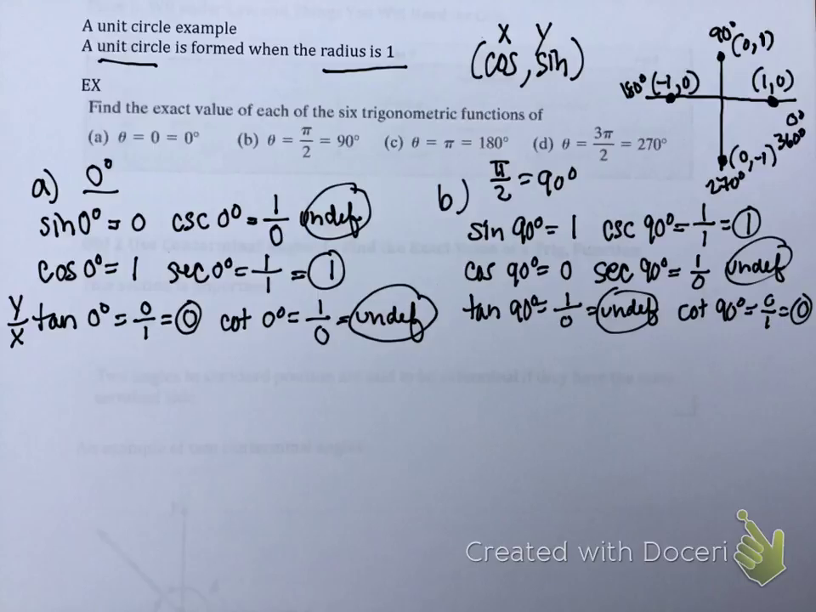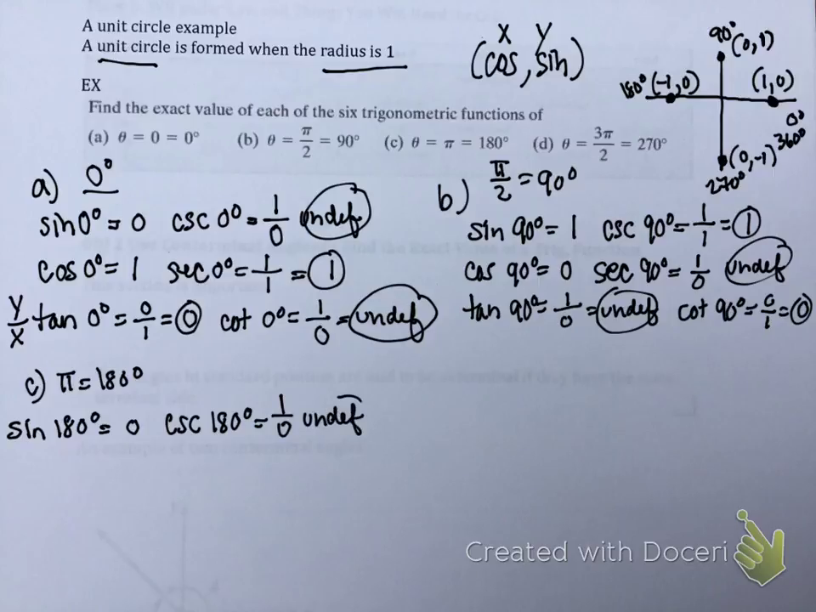Okay, we've done B, now we have to do C. C asks us to find pi, which is equal to 180 degrees. So same process, we're going to look at the y value for sine, and at 180 degrees the y value is 0. Taking the reciprocal of that to find cosecant of 180 degrees is 1 over 0, which is undefined. Cosine of 180 degrees, we're going to look at